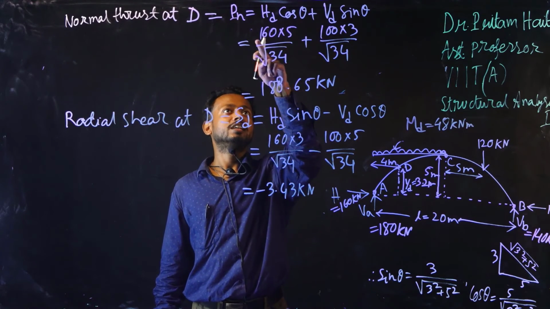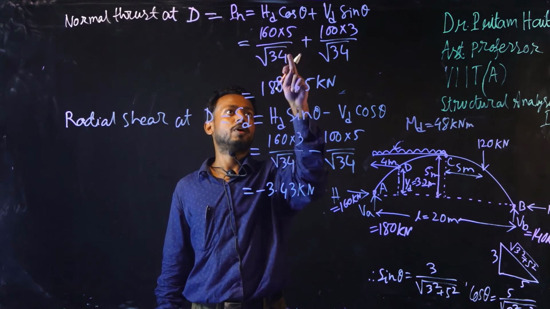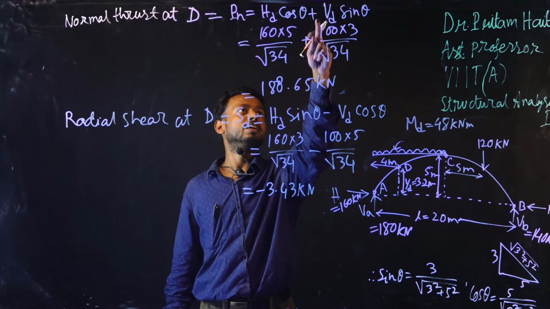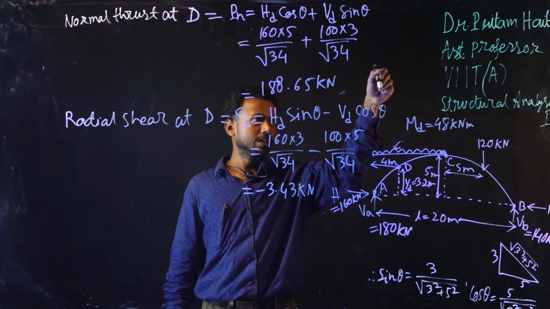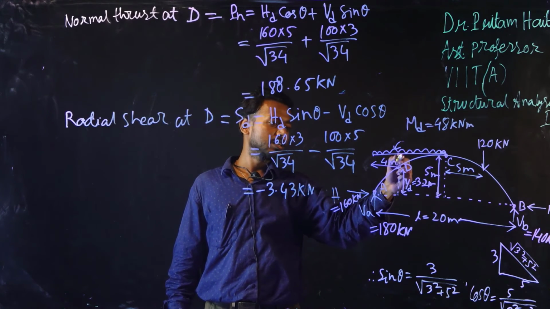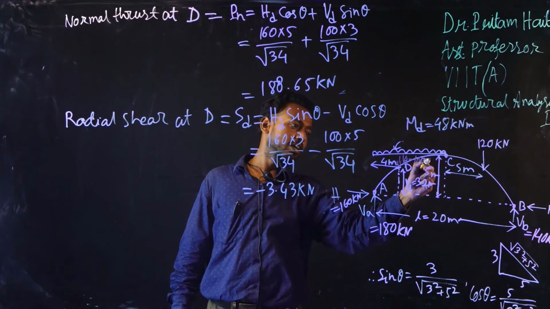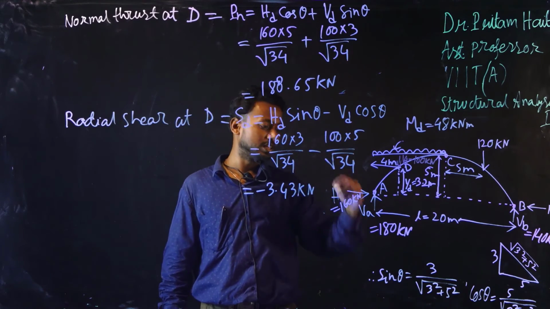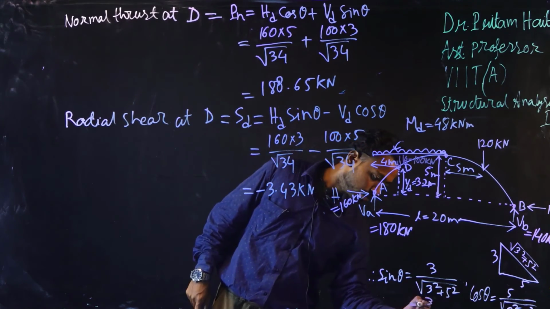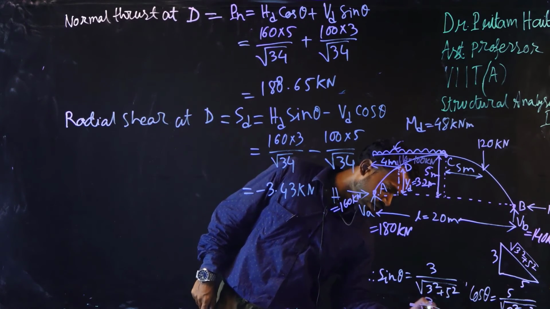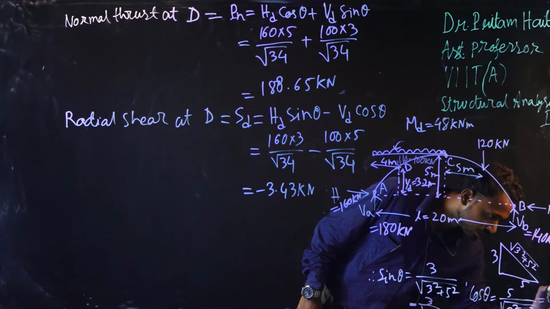So HD is 160, cos theta is 5 by root 34, and VD is 100. I have calculated VD at D point. The vertical shear VD equals 100 kilonewton. So 100 into sin theta. Sin theta is how much? 3 by root 34. This is 3 by root 34, and this is 5 by